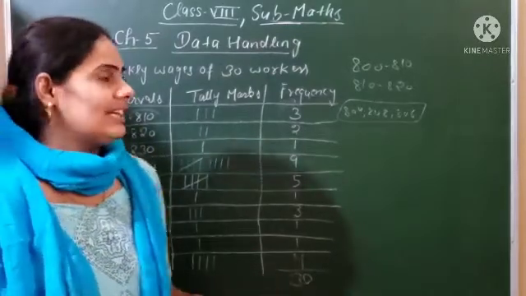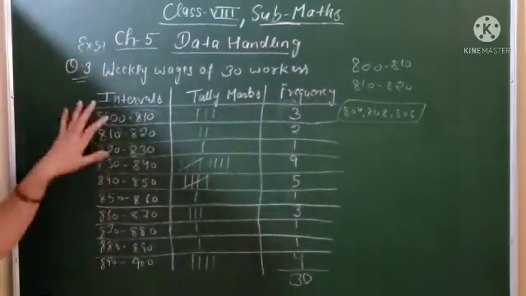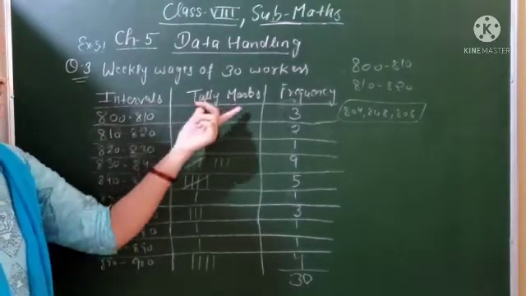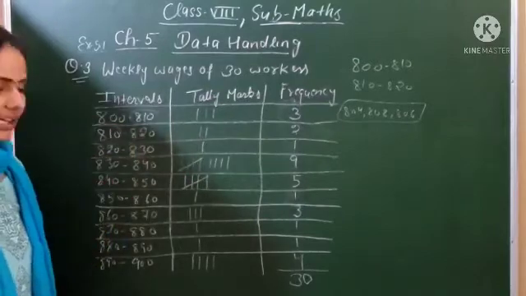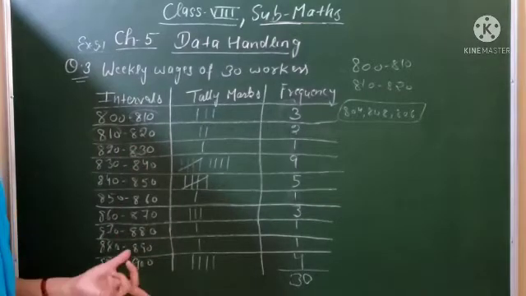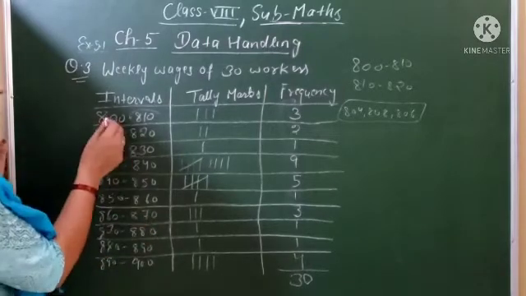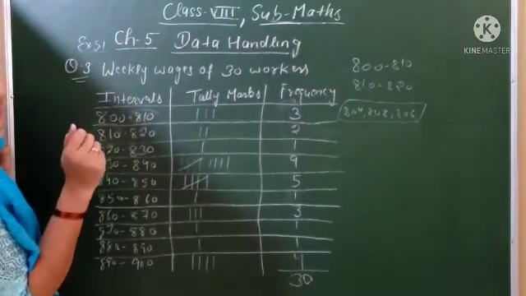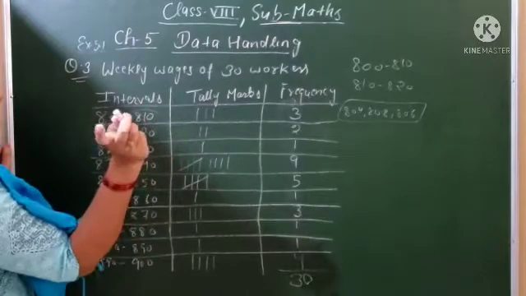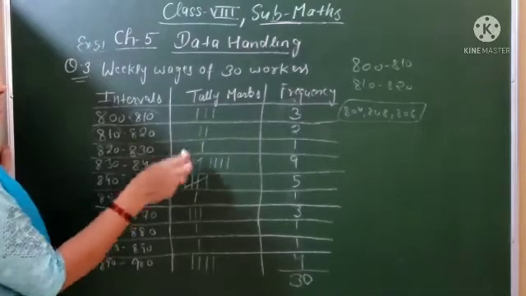After that, it is given in the question that using telemarks you have to find the frequency distribution table. How will you draw the frequency distribution table? First you will write the intervals, telemarks and frequency. The intervals are already given in the question. You have to write 800 to 810, 810 to 820, taking intervals with a 10 unit difference. After that you will write the telemarks. Telemarks means between 800 and 810, how many workers' vases are lying. You can see in your data 804, 808 and 806. Only 3 vases are lying, so you can denote it by 3 lines in the telemarks.